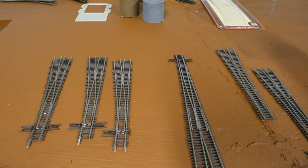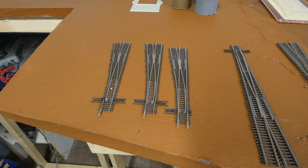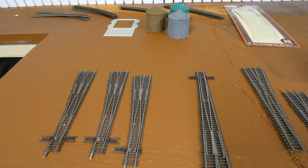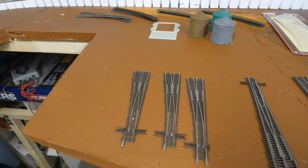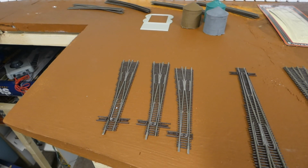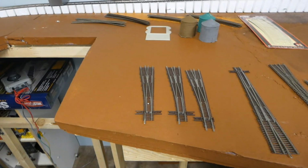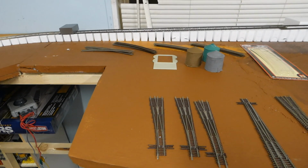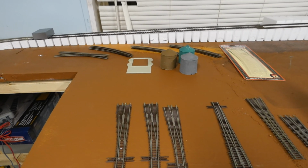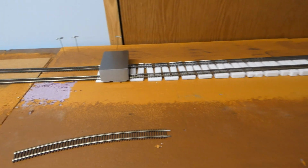I'm going to do some switch machines since they're only $7 to $10 a piece. I'm going to go ahead and do those. I don't know if I'm going to do them on every switch on the layout, but I'm going to at least do it on the ones that I know that I'll probably use more than rarely. So it might be the yard switches, and it might be any kind of switches if I have any siding track on here. It might be for that, but for right now I got to order more track,